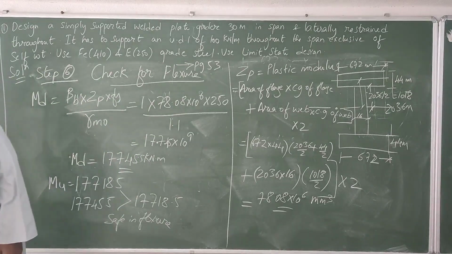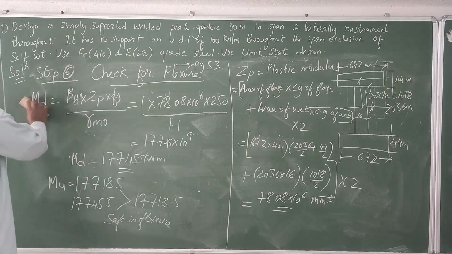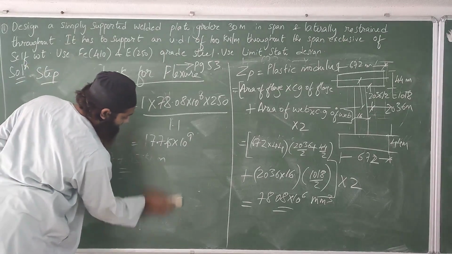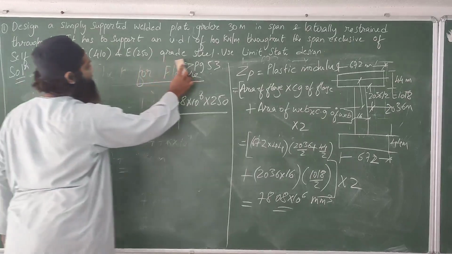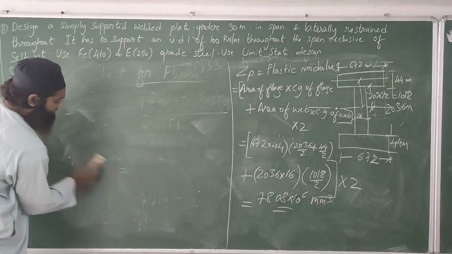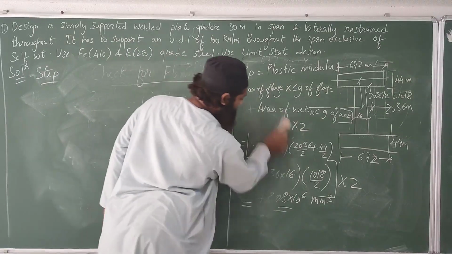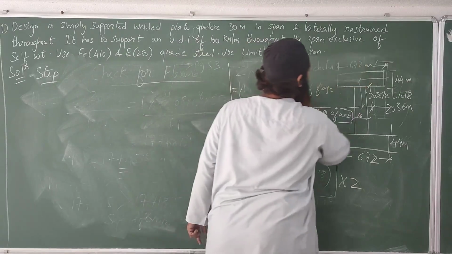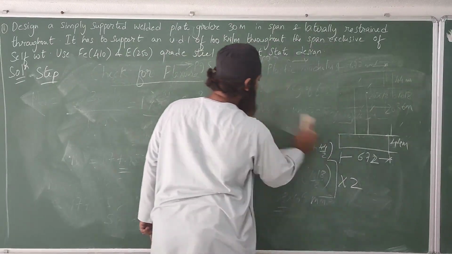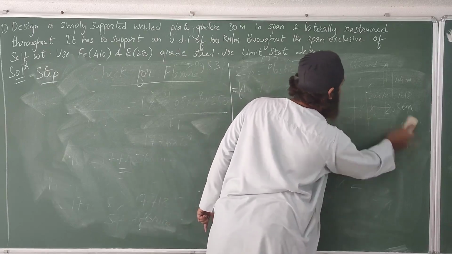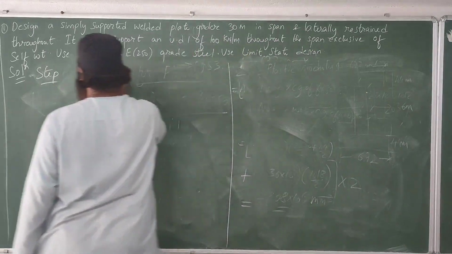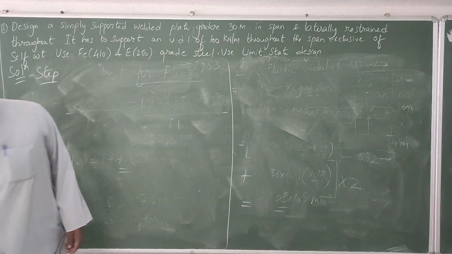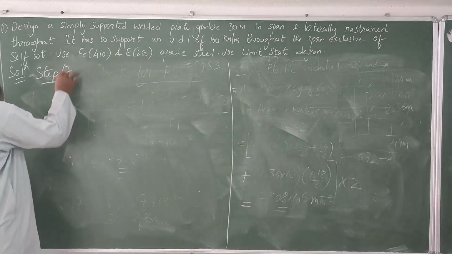Next step, let us see the next step. That will be the curtailment of the flange plates, that is step 7. What we'll have to see here is curtailment of the flange plates. As I had told you, this concept of curtailment. What is curtailment? What does that mean? You must have seen in many heavy vehicles some plates being provided at the bottom to resist shocks, called shock absorbers. You must have seen some plates which are bent and placed one after the other, and they are fixed to each other. Just see this, step 7.